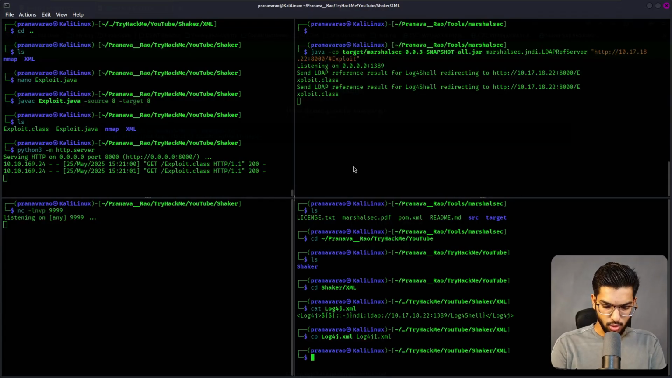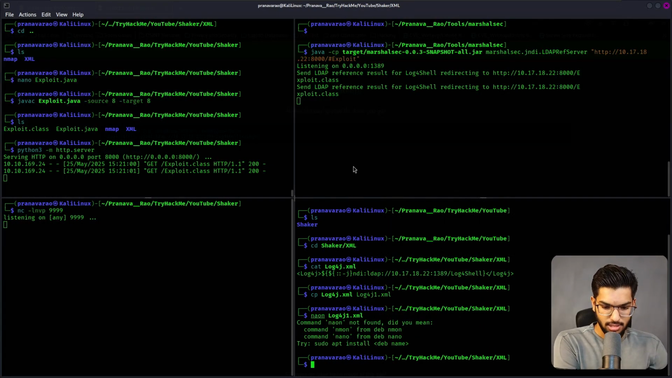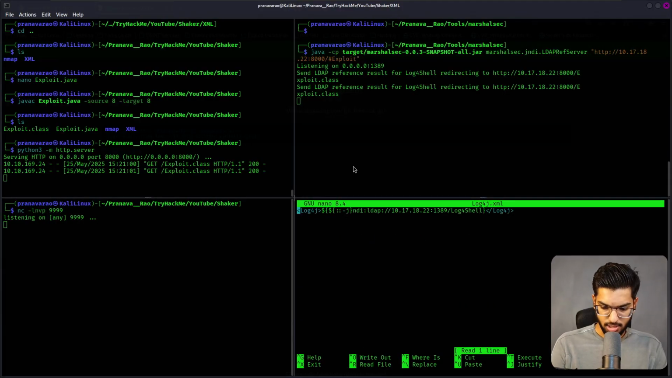Okay. So here I will edit the log. Nano log4j1.xml. Oh, did not take nano properly. So nano log4j.xml. Here I will modify this to talk about the environment instead of just browsing through this, because anyway LDAP